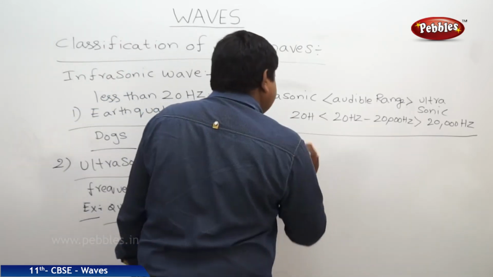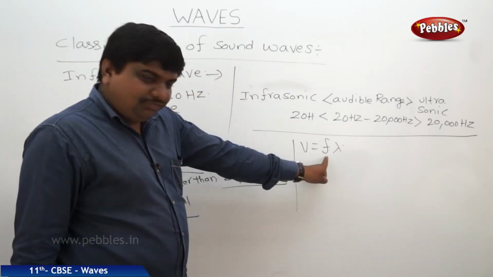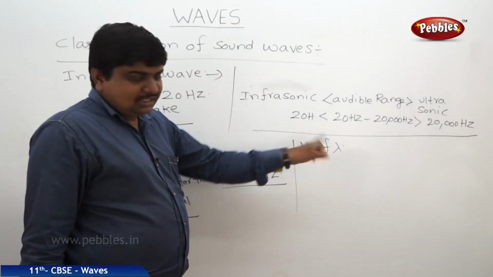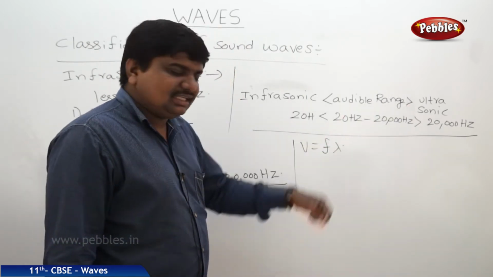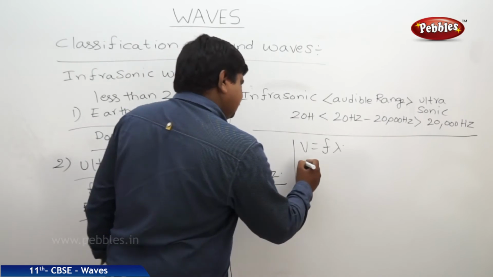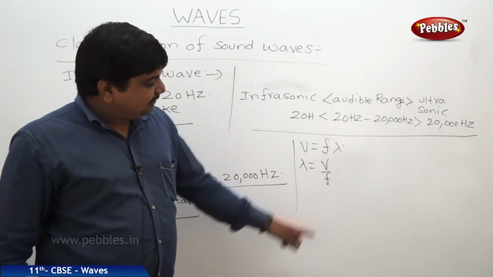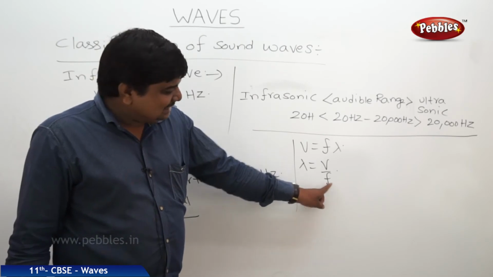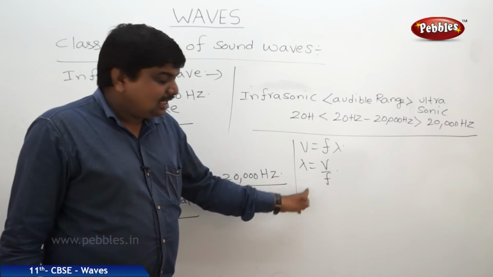We know that velocity is equal to frequency into lambda. So if more frequency, more velocity. That's why we can say that the ultrasonic waves will exhibit more velocity when compared to that. But lambda is equal to V by F. So if frequency is increased, lambda is going to decrease. That means ultrasonic sound waves have less wavelength,